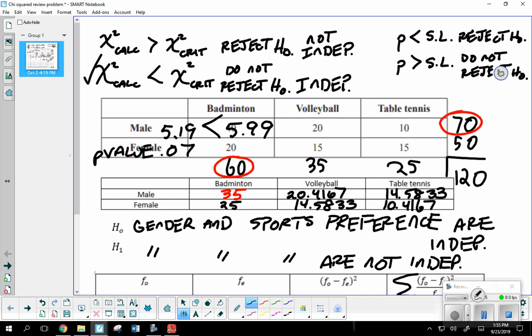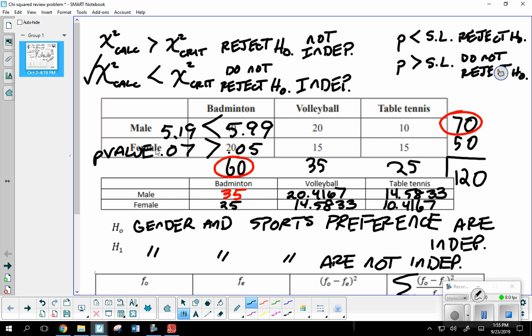Now I also put this over here on the top right. What do you think SL stands for? The significance level. Now remember, I went ahead and chose to test this at 5%, right? So I'm going to compare 0.07 to 0.05. We want the decimal version of your significance level. Well, 0.07 is greater than 0.05. So according to what we have here, it says do not reject the null hypothesis. So does that kind of confirm what we had before? Yes. Kind of think about that as an extra step.